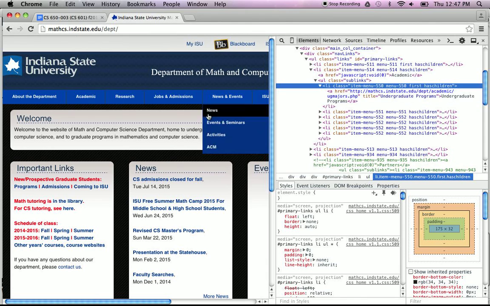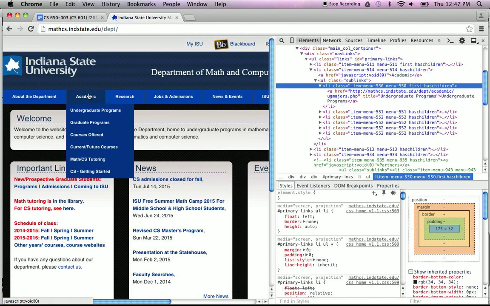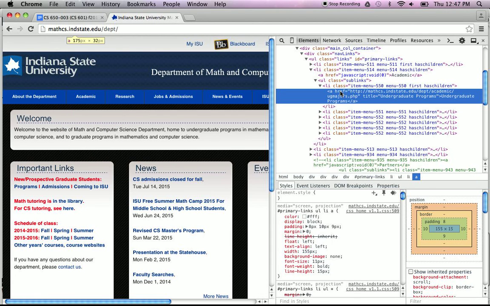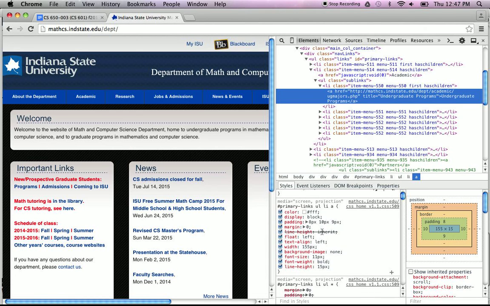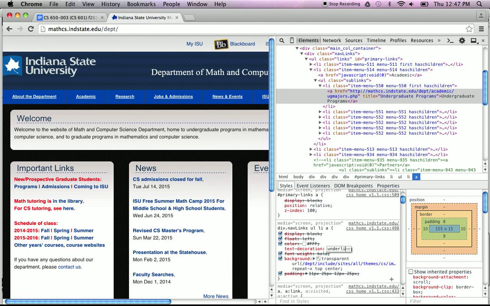And then I'm not seeing anything over here because these list items only show if I'm hovering like this. But this list item here is an A tag. And if I look under the styles here, this is all the different styles. There's probably one, here's text decoration none. And depending on what browser you're using, you can actually go and change that and see what it looks like right there. So you can see